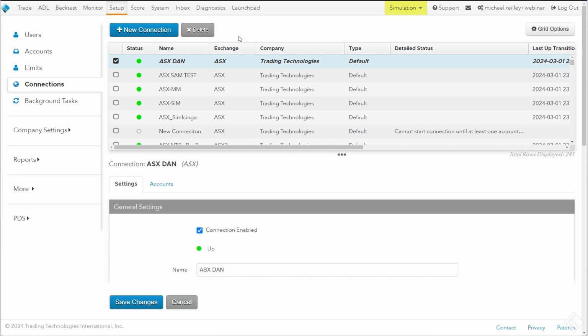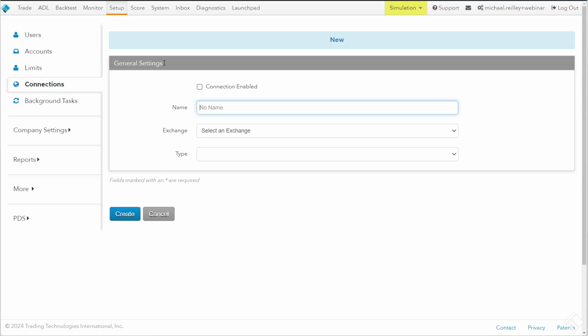But let's say we need to create a new connection. So first we would receive our connection information from the exchange. And once we have received that, we would come in here to connections and, using the new connections button in the top left, that will bring us to a screen that looks like this. And let's say CME webinar